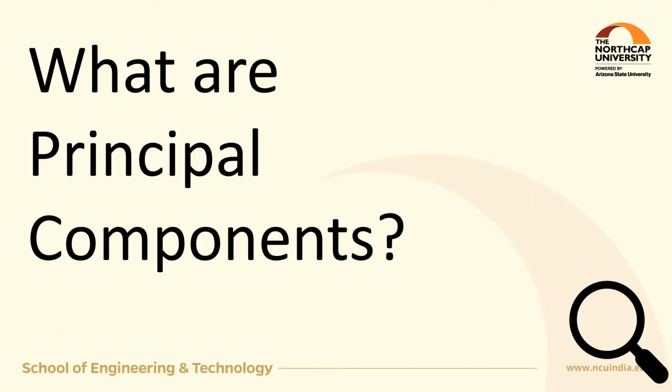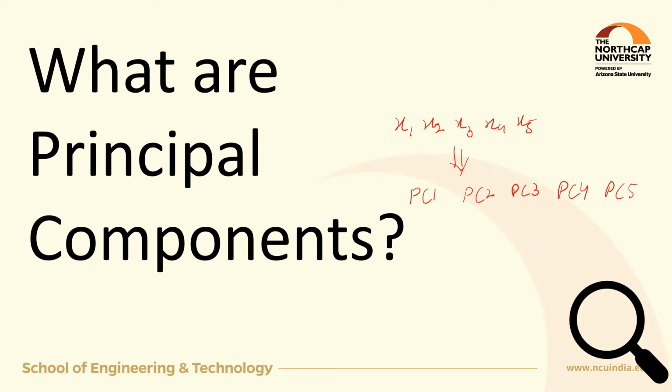To define principal components first, we can say principal components are the new uncorrelated variables which are constructed or extracted from the given initial set of features. For example, we are given 5 features or 5 variables x1, x2, x3, x4 and x5. We can say this is 5-dimensional data. Then from this 5-dimensional data, 5 principal components can be extracted: PC1, PC2, PC3, PC4 and PC5.